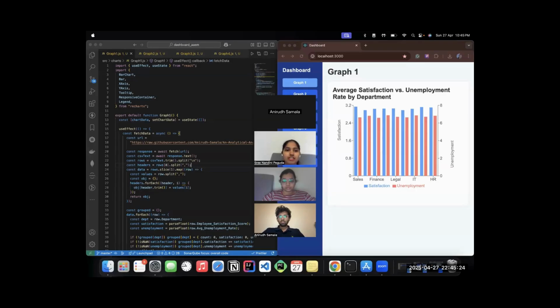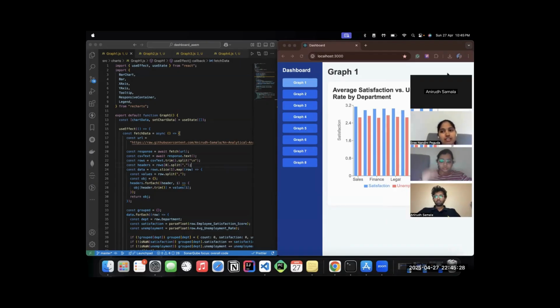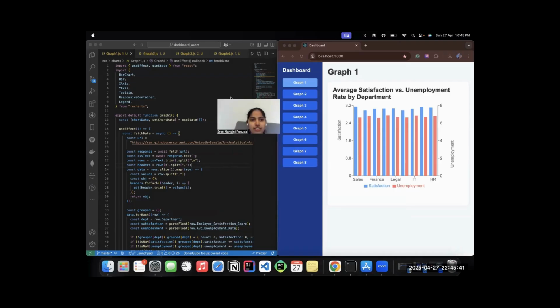In this project, we have performed an analysis of employment trends, remote work, and mental health. We aim to explore how modern work patterns relate to employee well-being, especially mental health. Our objective is to examine how work-related factors like department, state, and unemployment are linked to mental health and job satisfaction.